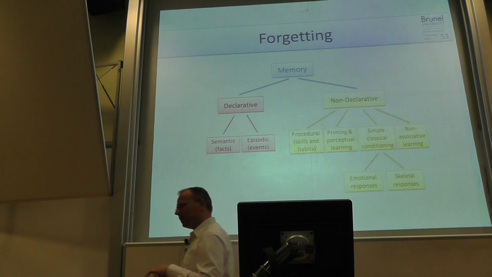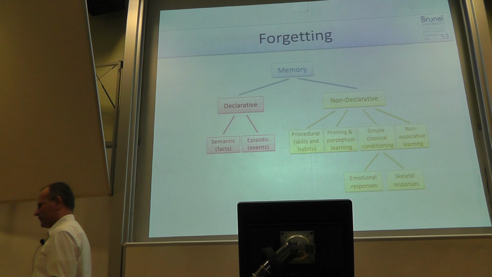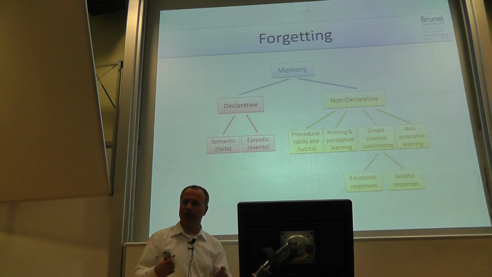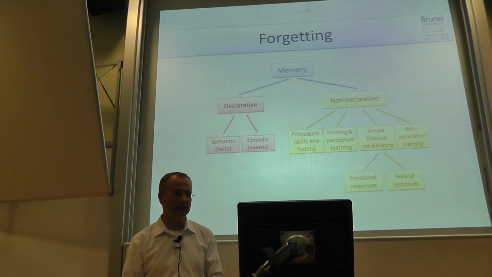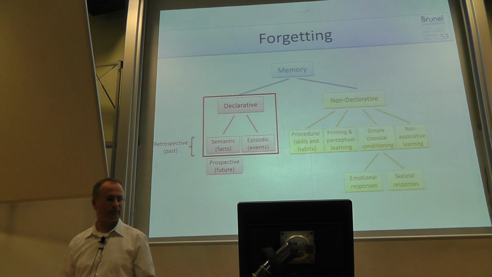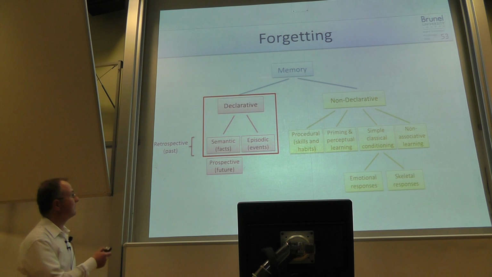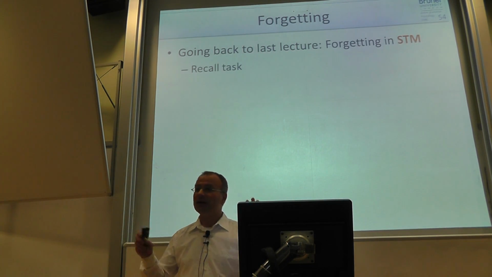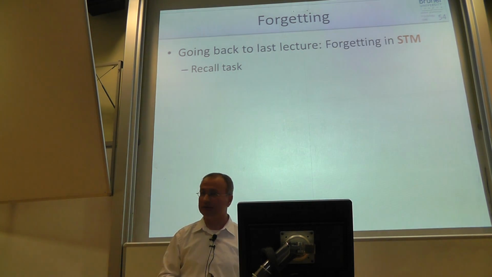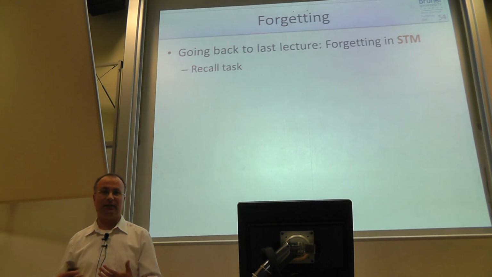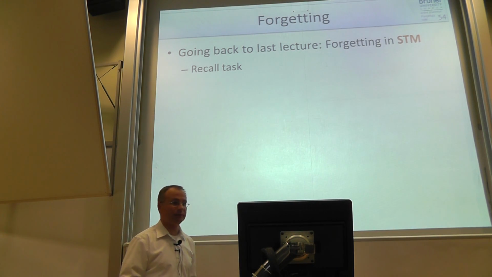So the last part for today is about forgetting, the mechanisms of forgetting. And here we will first refer back to short-term memory from last week. So, forgetting about memories in our past. And we are speaking about forgetting in declarative memory. We are not speaking about forgetting in procedural memory, for instance, that we unlearn.